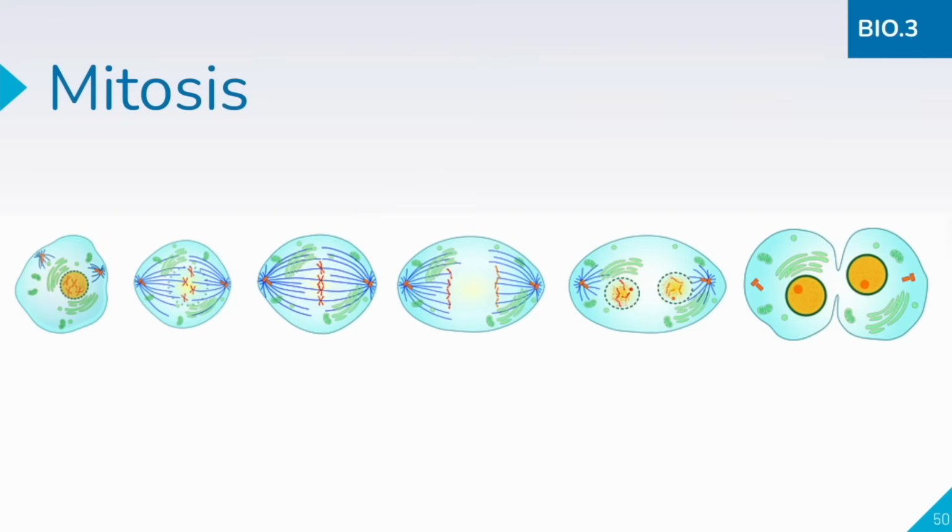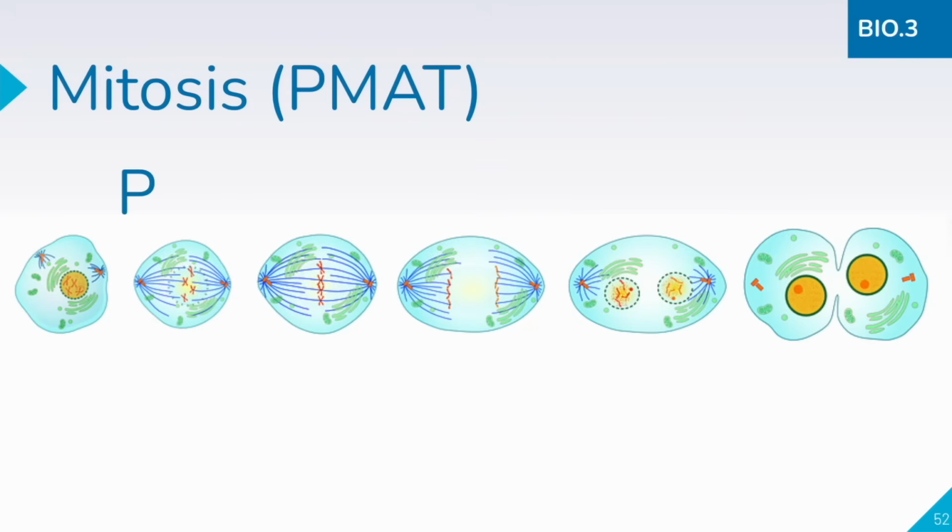Now we get more cells. All cells come from other cells through a process called mitosis, where the cell divides and splits its genetic information into 2 new identical daughter cells. If you need to remember the steps of mitosis, PMAT is a helpful acronym for prophase, where the cell is